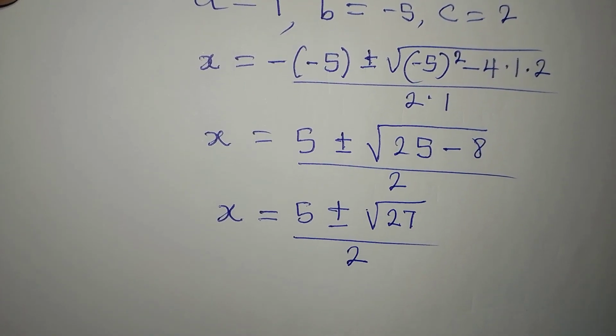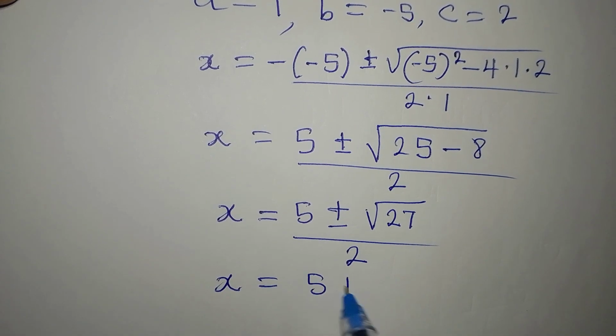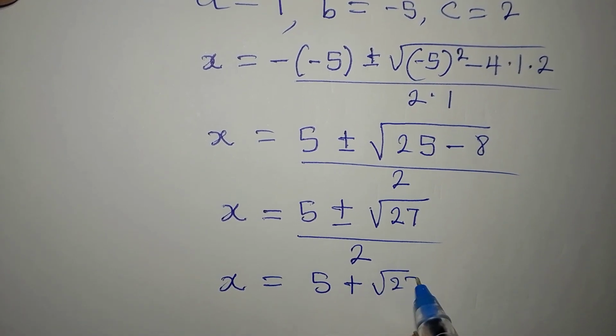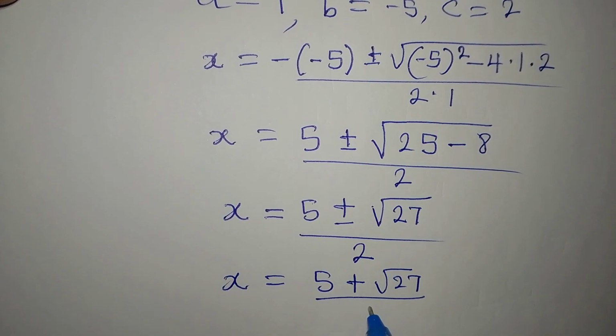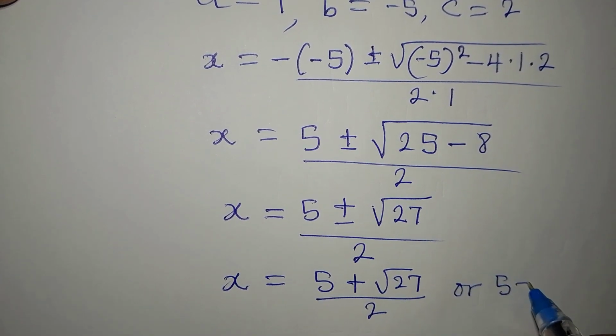So x is equal to 5 plus square root of 27, everything divided by 2, or 5 minus